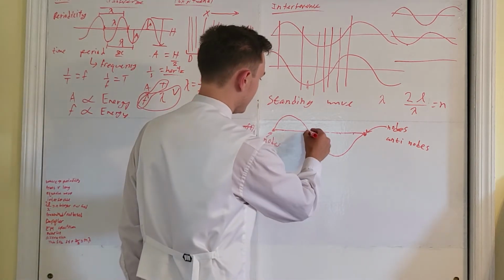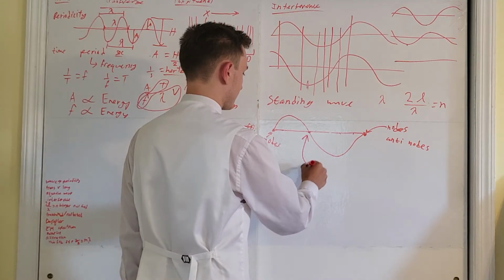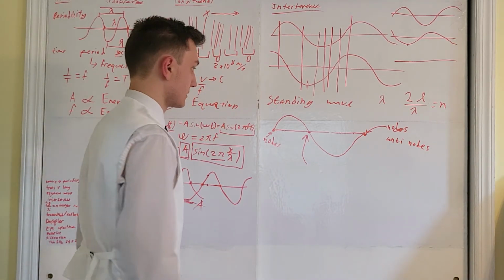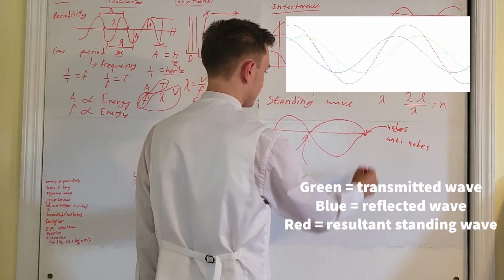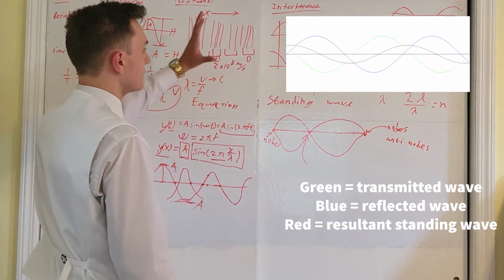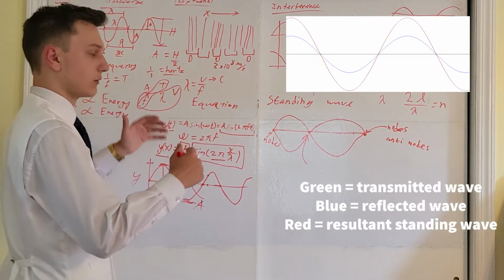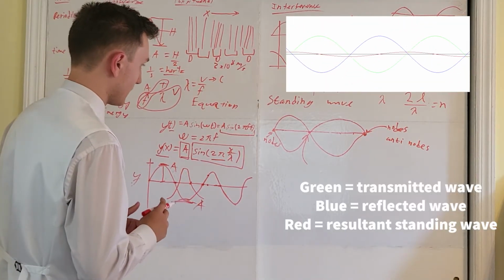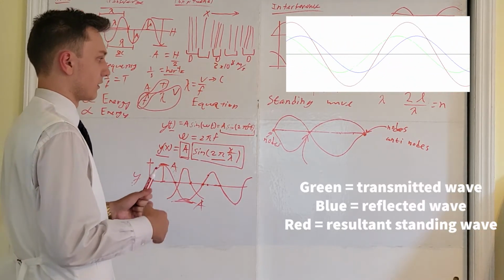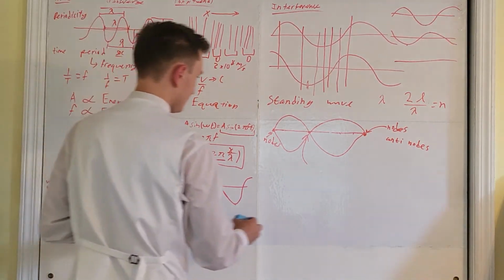then I would have a node right here. Because the characteristic of a standing wave is that it doesn't move. It only oscillates top to bottom. Okay? I should have a GIF up here of what a standing wave looks like. Okay, and remember that a standing wave is formed through the interference of two waves moving in opposite directions. Usually the two waves are one wave reflecting off of a wall. Okay? So,